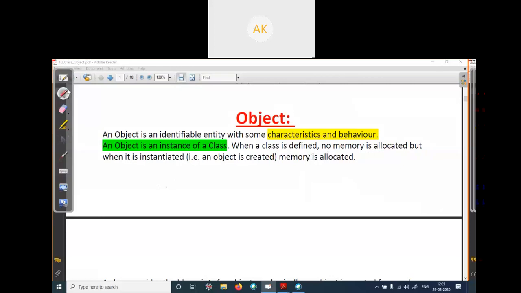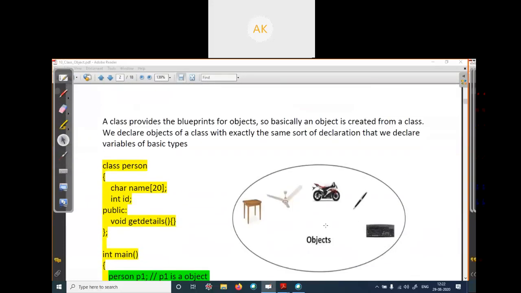Again, I'm just repeating: when you declare a class, memory will not be allocated; it is allocated only when you declare an object. We will discuss this point when we actually implement a program. Okay.